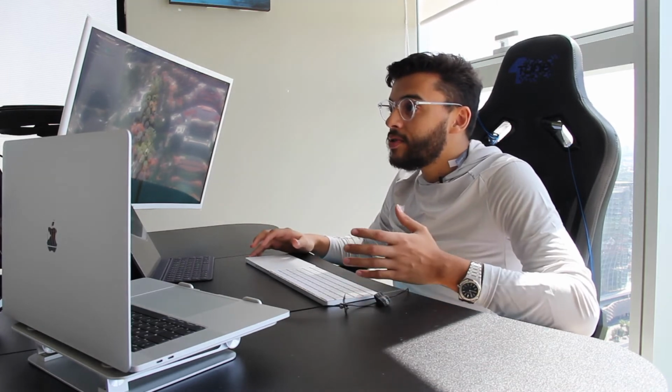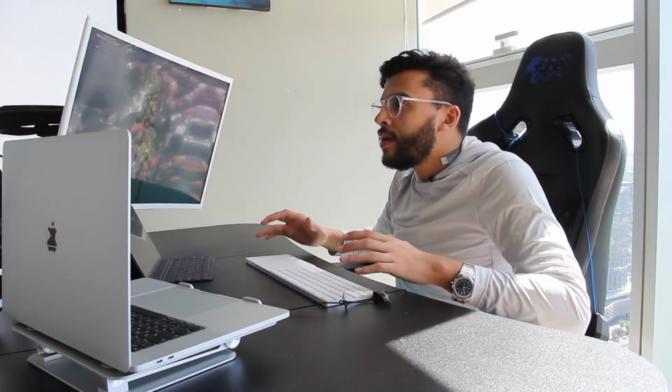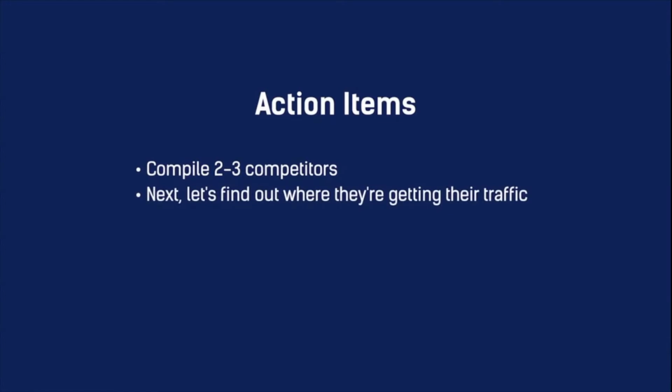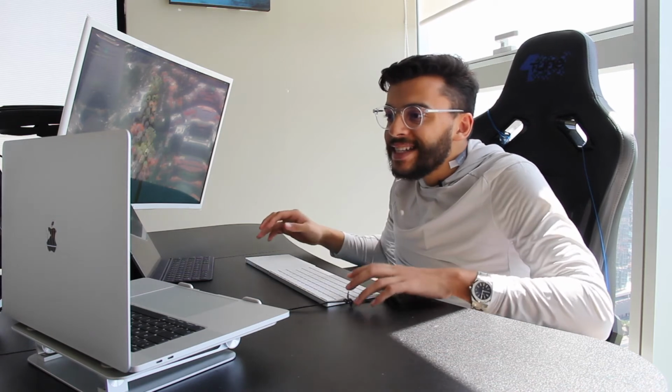So I know they're out there and they're pretty aggressive with their marketing because I can find them on both different mediums. So then what I want to do is, after I've dug into that market and I've compiled, say, 2 or 3 of the competitors that I think are worth taking to that next step and having a look at what they're doing in greater detail, I just want to list those out.